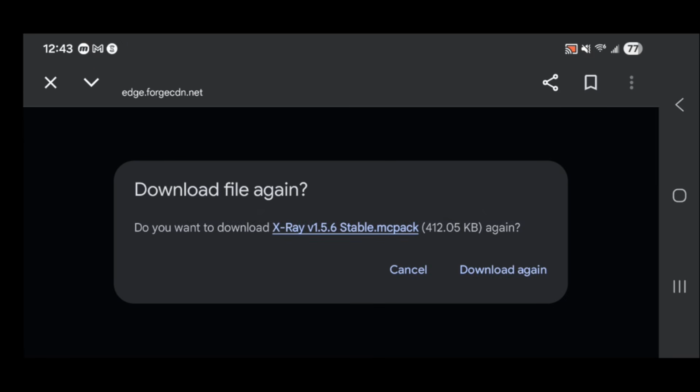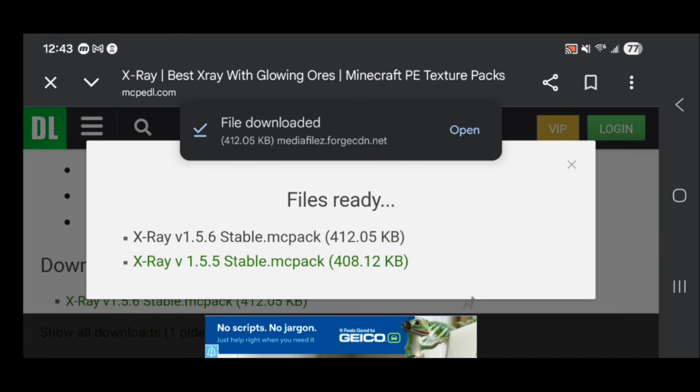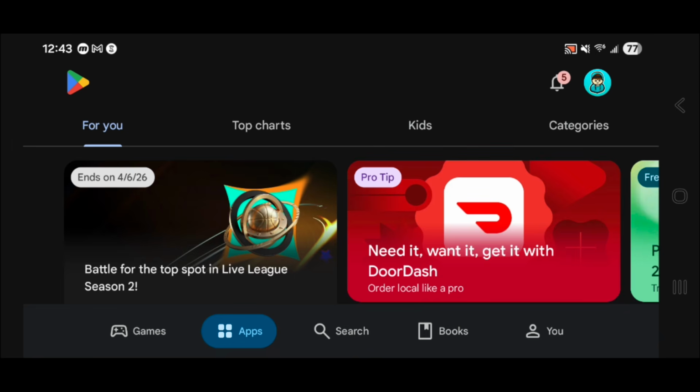Then go ahead and install it just like so. And I already downloaded it again, so that's why it's giving me this issue. So just press on download just like so. And then afterwards, what you want to do is open up the Google Play Store. And that is because we're going to be installing another app that will easily allow us to import it